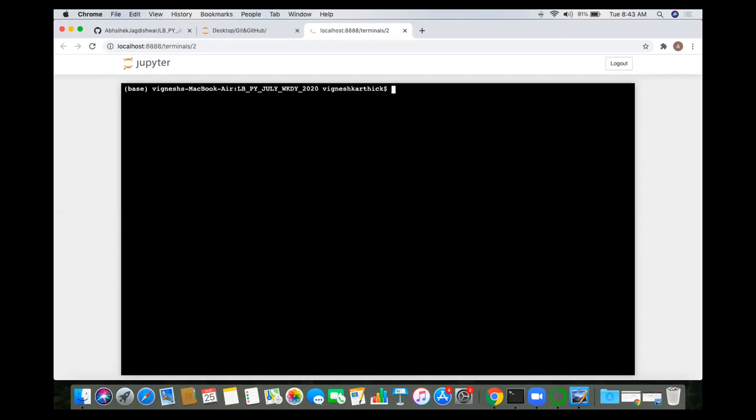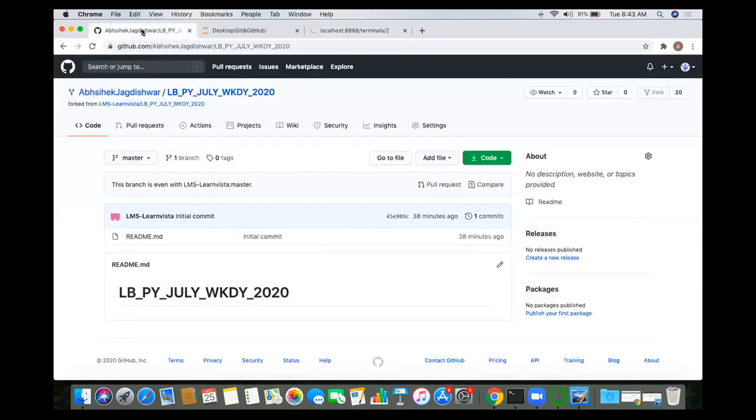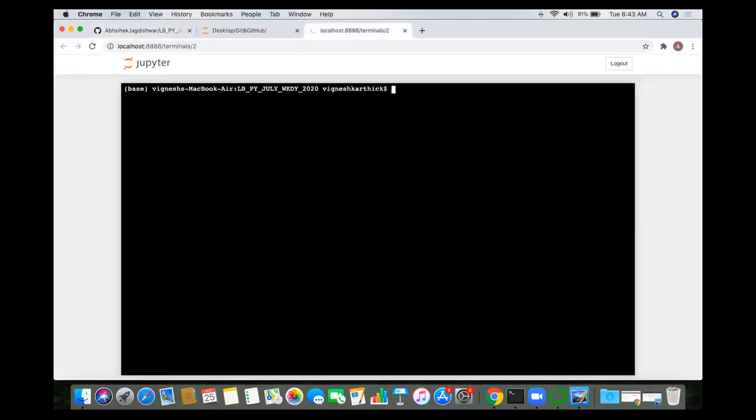Abhishek, one quick question. Currently we are in the working directory, right? When it fetches the status, it is merely fetching the status of what's in that directory. It's not actually going to the cloud and getting the status, right? No, yes, it is getting the status of your current local directory, not the cloud directory.